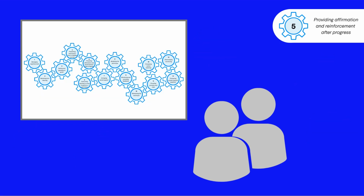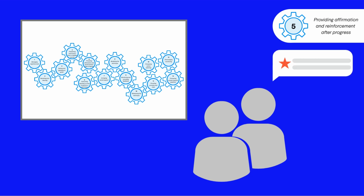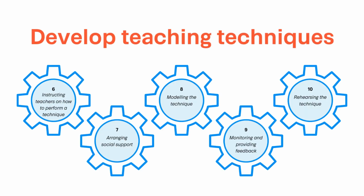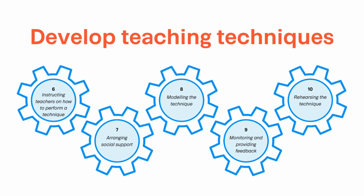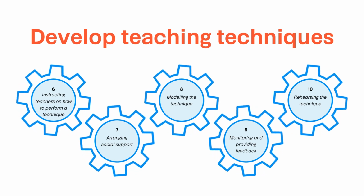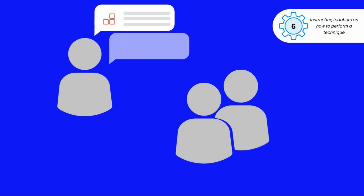Once teachers have shown progress towards making changes to practice, acknowledging their efforts and reinforcing key messages may improve teachers' motivation to act upon PD. To effectively develop teaching techniques, PD should provide teachers with the tools they need to take action. The mechanisms in this group highlight the importance of providing clear instruction on specific techniques underpinned by evidence from trusted